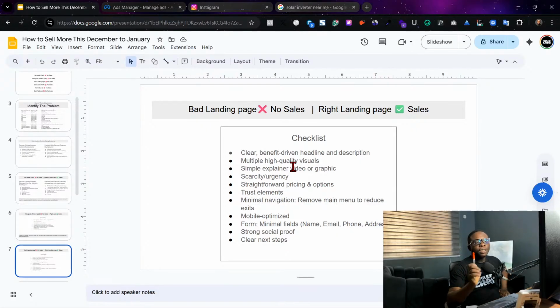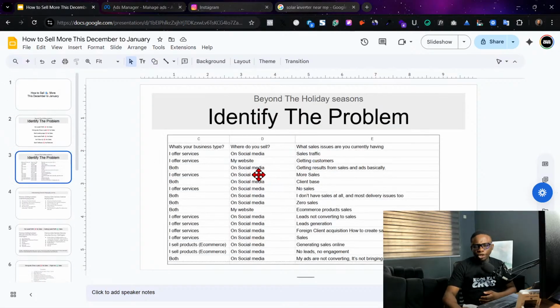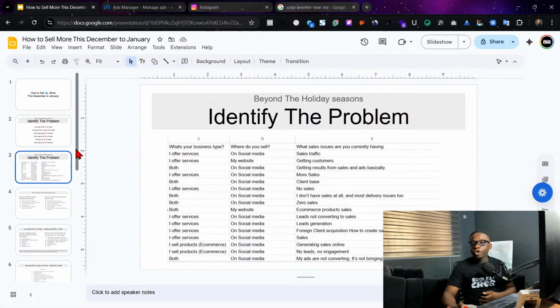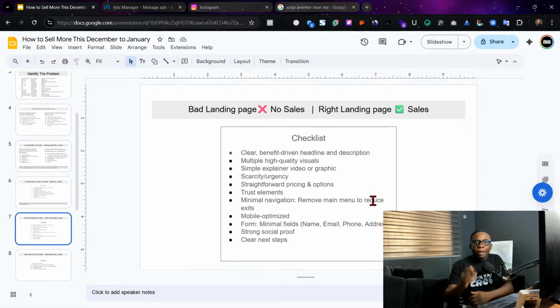A landing page is where your users will land after they see your ads, right? So now, when they land on your landing page, what is your landing page? Is it a website? Is it social media? When I saw this list here and I saw lots of social media, most people's landing pages are social media, and it's going to be very hard for you to sell. See, it's not bad when you are starting up to sell on social media. Many of us do. Social media is a channel to get leads. Now let me give you a flow, right? Let's say I'm selling clothes, like Precious is selling clothes, which we are using as our case study.